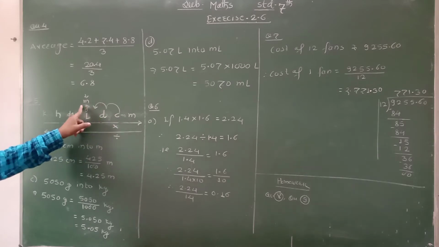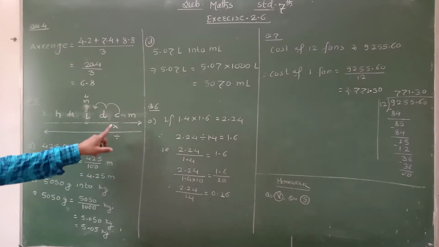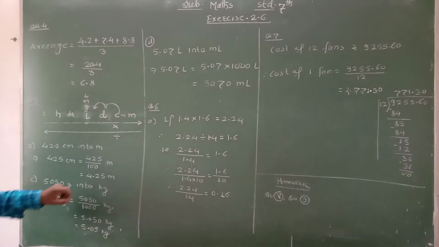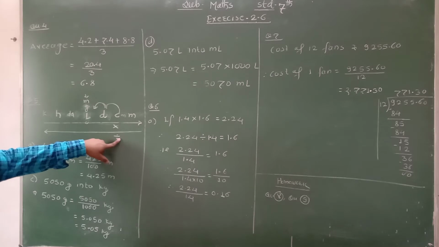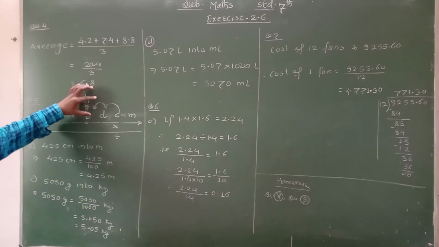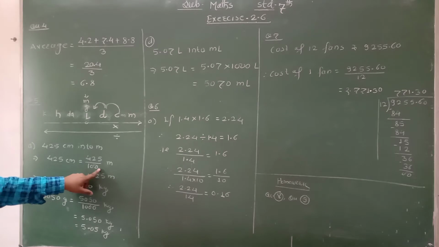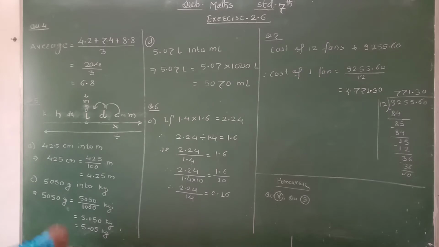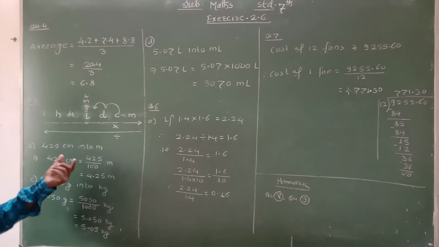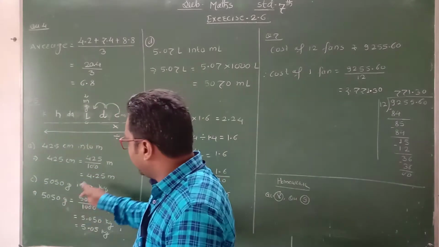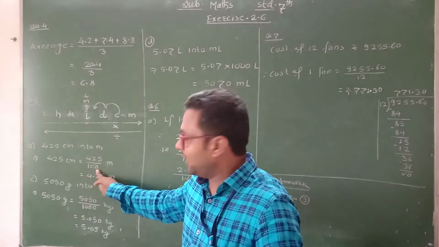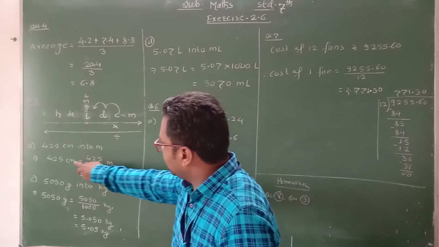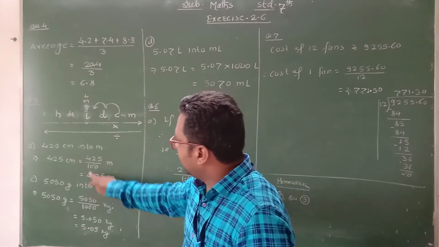Now from centi to meter, centimeter to meter. How many places are we going? 2 places. Therefore here we have to do division, because we are going right to left. By which number? That is 100, because 1 is followed by 2 zeros, because we are going 2 places here. Therefore 425 centimeter is equal to 425 divided by 100. Do you understand why we divide by 100? Then after division, this was centimeter, we write it as meter here.